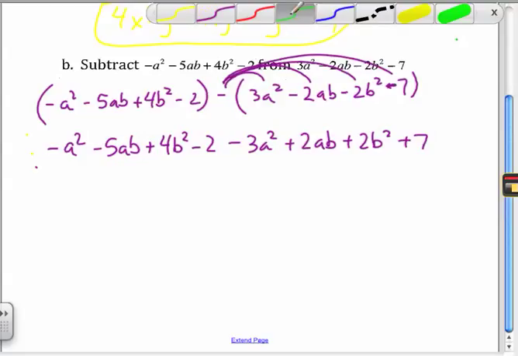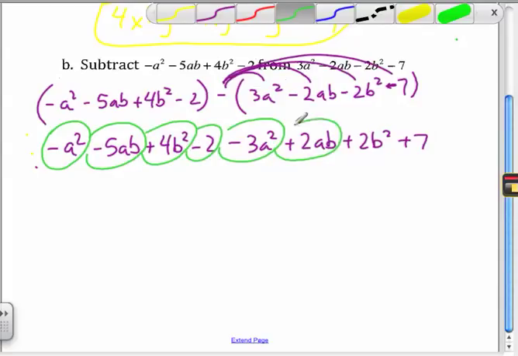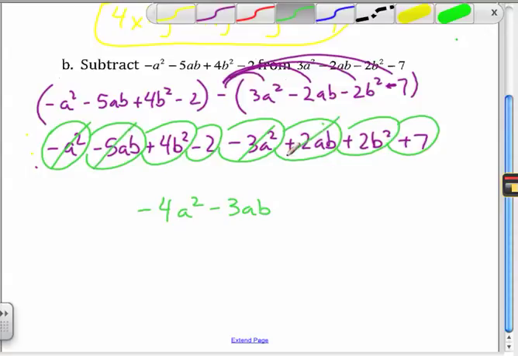All right. Now, let me separate these terms. There we go. Negative a squared, negative 5ab, okay. Good, good, good. We're rolling right along. All right. I've got a negative a squared and a negative 3a squared. So that's going to give me negative 4a squared. I've got a negative 5ab and a positive 2ab, so that gives me negative 3ab. So now those two are gone. I've got a positive 4b squared and a positive 2b